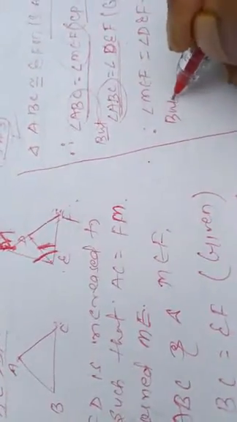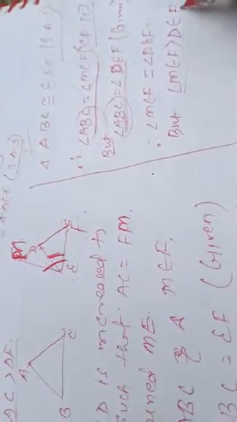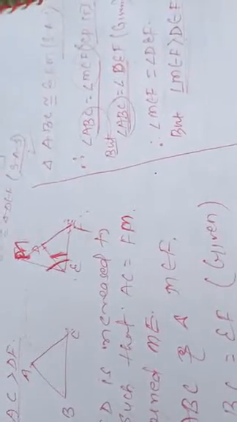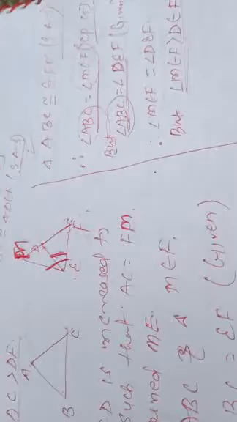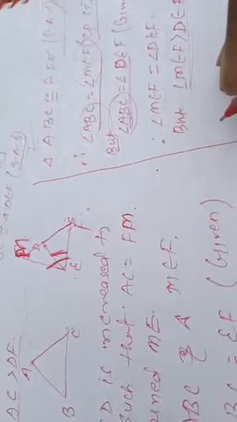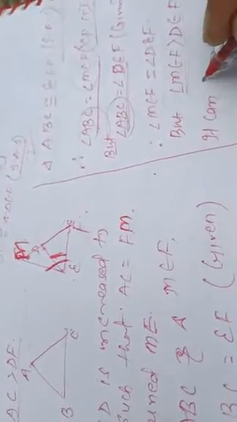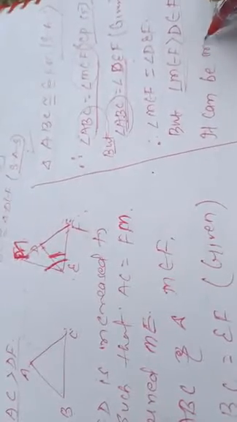But what can we say? Angle MEF is greater than angle DEF. So this is one relation, but we have obtained this other relation. Then how could it be possible? So here the contradiction occurs. We can say that it can only be possible